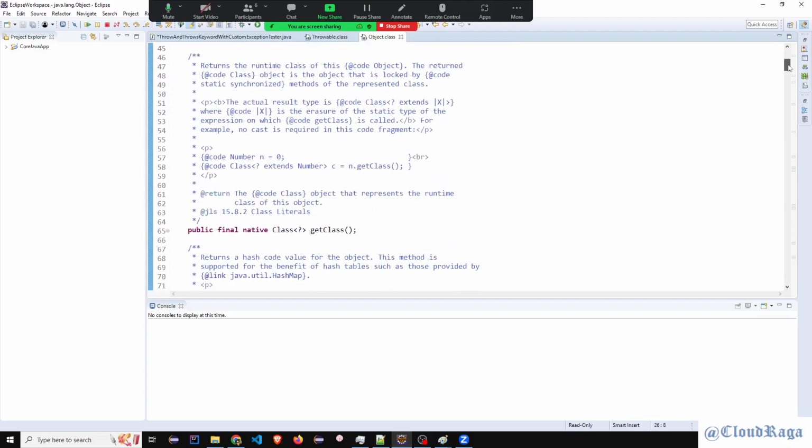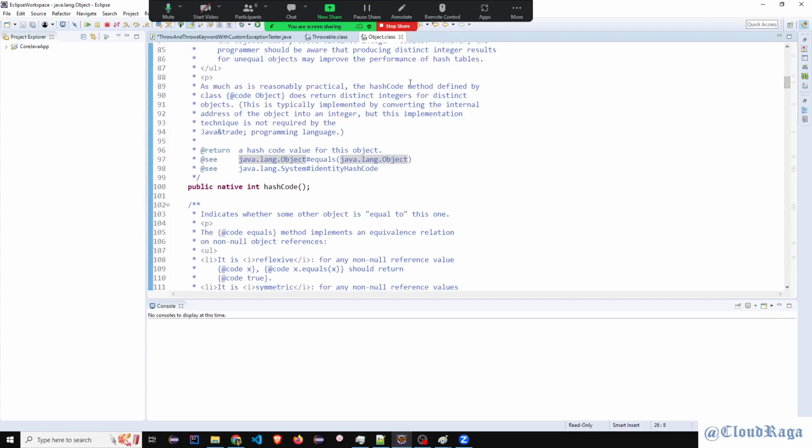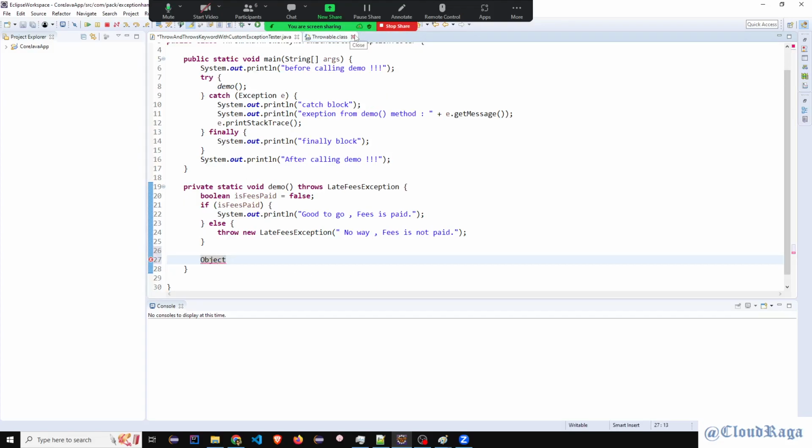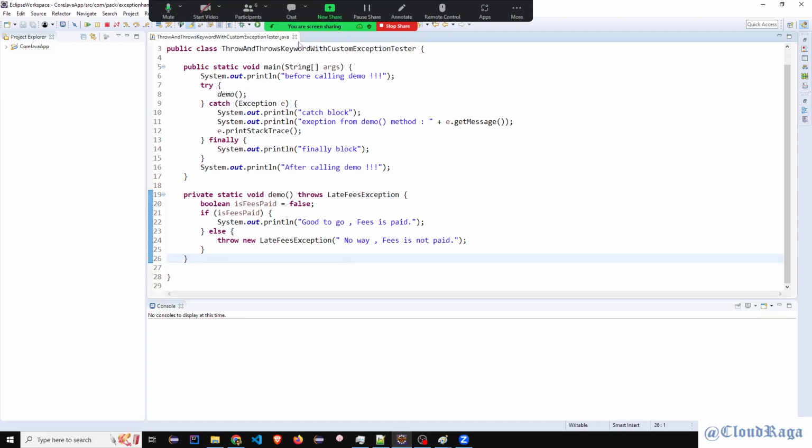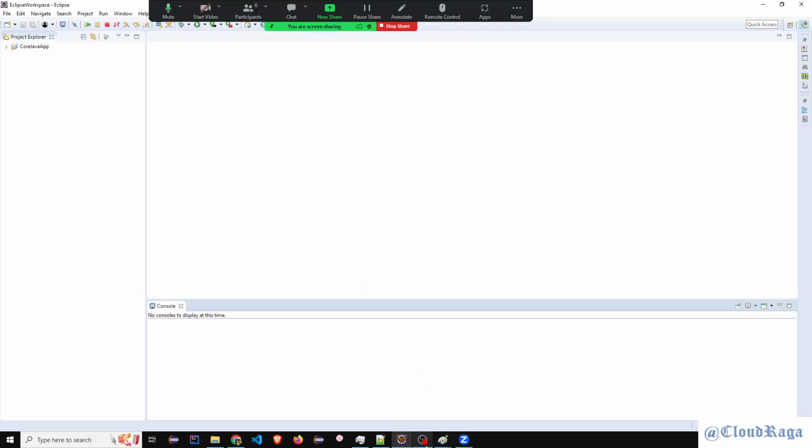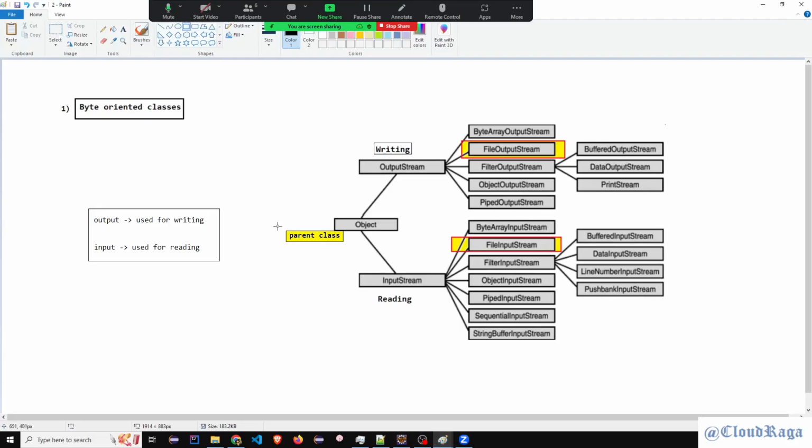So that's what it looks like. Again, spend some time in this class. There are like 13-14 methods in object class, and we will see them when we start some collections topic and some important topics. Okay, so yep, there's object class. That's the parent class of all the classes you're creating. We'll discuss in more detail, but not now. But it came up, that's why I explained it. So object class at the top, then object has two children. Of course, there are lots of children there. These two classes are also children of it.